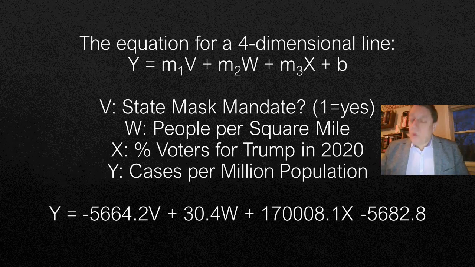What's even more important is that when you add all 3 as possible predictors, the ability we have to predict the case rate per million population goes up to 44.8%, almost 45%, which is a little bit lower than half of all the variation explained by these 3 ideas. This is the power of y equals mx plus b. This is why it matters. This is what it can do.